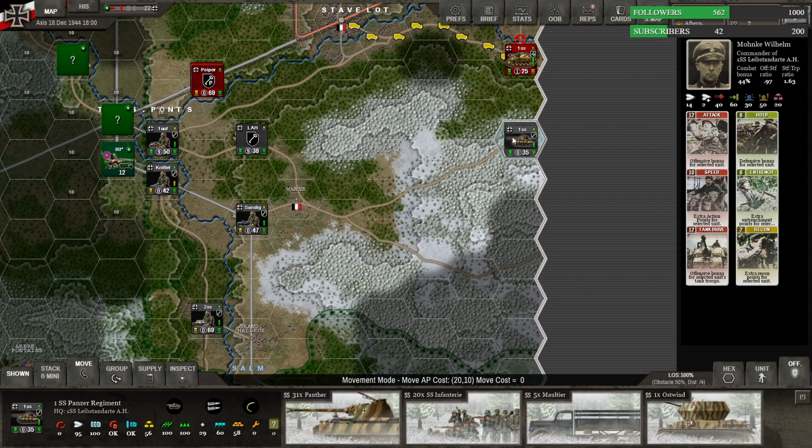And here, 31 Panthers with 20 infantry, just a little bit of it, and an Ostwind. It's a 37 millimeter gun on top of a Panzer IV. Now, one thing I didn't know until a year or two ago is that, basically my understanding is,